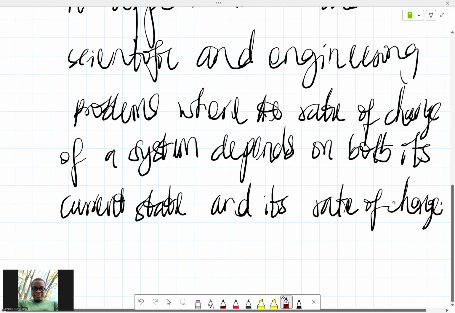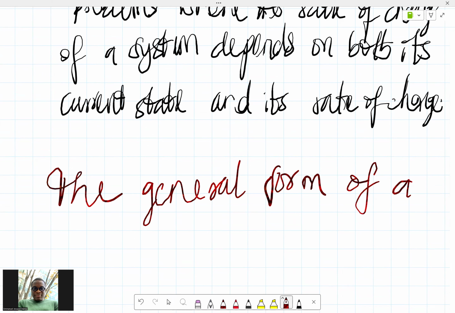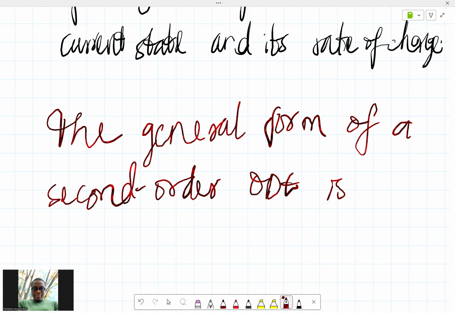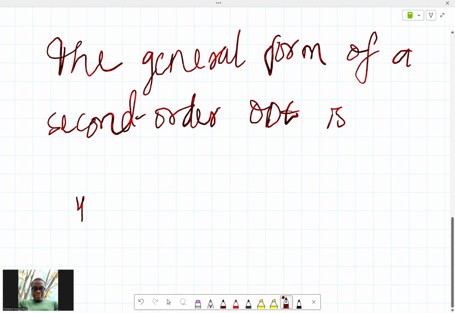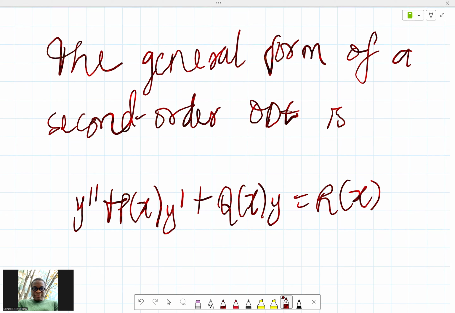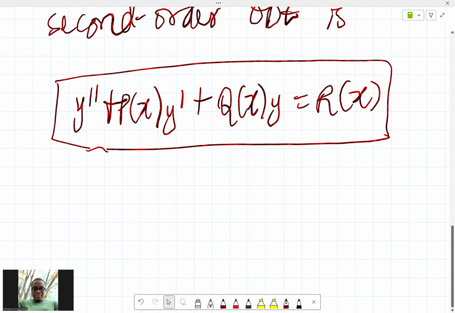Okay. The general form of a second order ODE is y prime prime, that's the second derivative, plus p of x y prime plus q of x y equals r of x. Of course, you have order 2 and lower orders, right? But the highest order determines its order, which is order 2 in this case. So this is the general thing where,